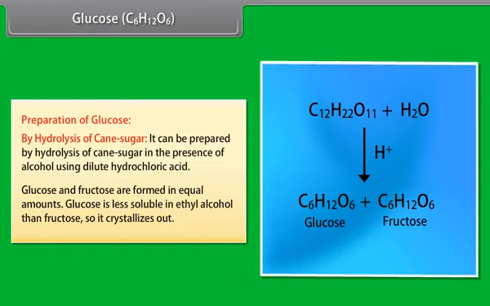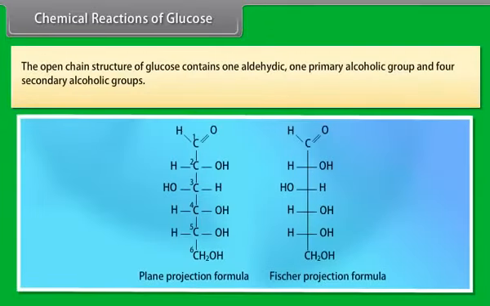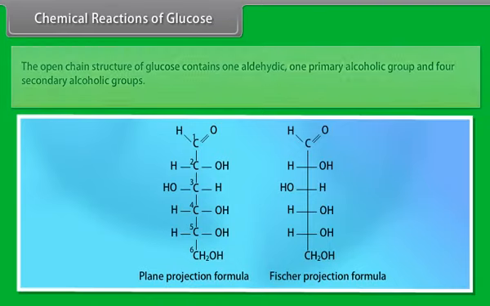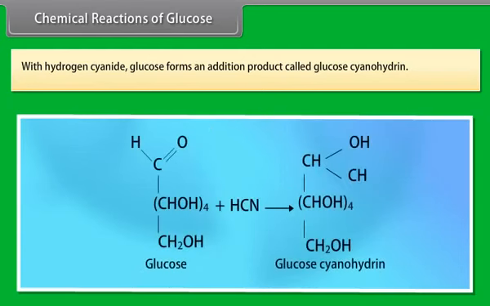Glucose occurs in nature in free state as well as in combined state. In free state, it occurs in sweet fruits and honey. Ripe grapes contain up to 20% glucose. In combined state, glucose is present in disaccharides and polysaccharides. Maltose and starch on hydrolysis yield only glucose. The methods of preparation of glucose are as follows.